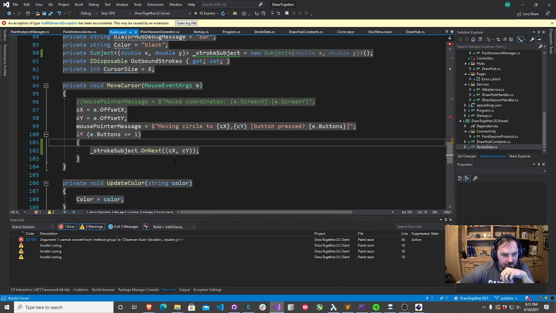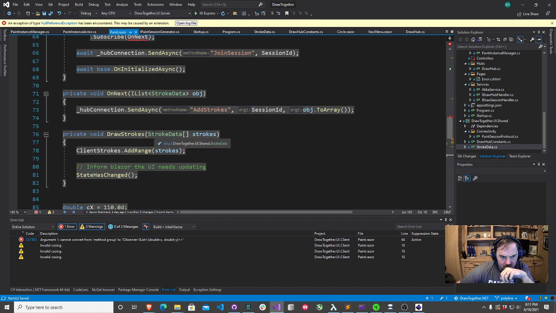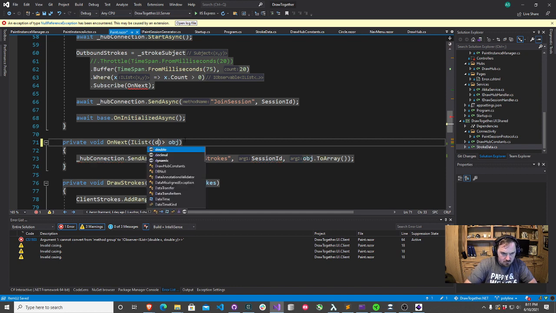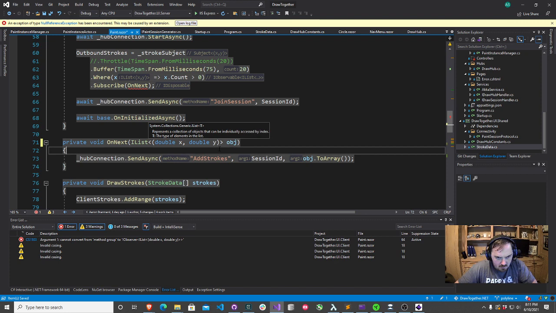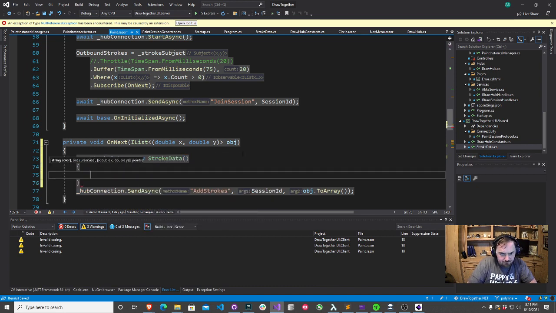Let me find it. On next, here we go. All right, so every time this gets called, stroke data, color equals